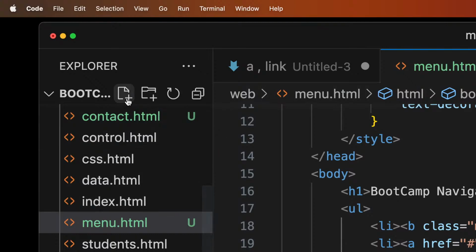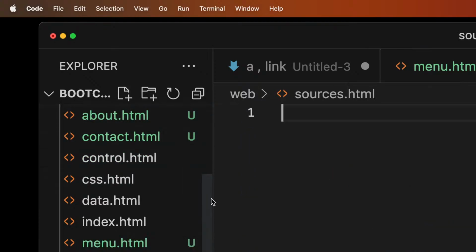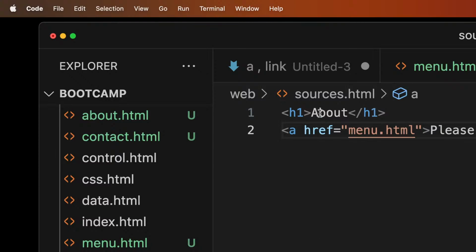So let's create another page, call it sources.html. So we have sources.html. So here I will say source codes for Bootcamp. And then we also have a link here, the link with reference page that needs to go back to HTML. Now, if we go back to our menu.html,